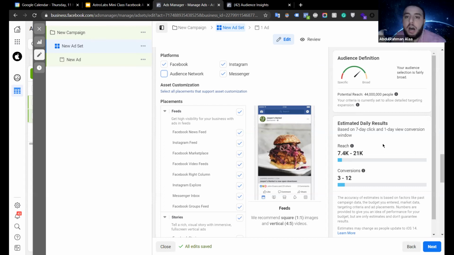Yeah, sure. Thank you. How does Facebook choose to which placement they serve the ad in? If I have selected Facebook and Instagram and Audience Network, how does Facebook choose when to serve the ad and where? That's up to Facebook, not up to us as the advertisers.